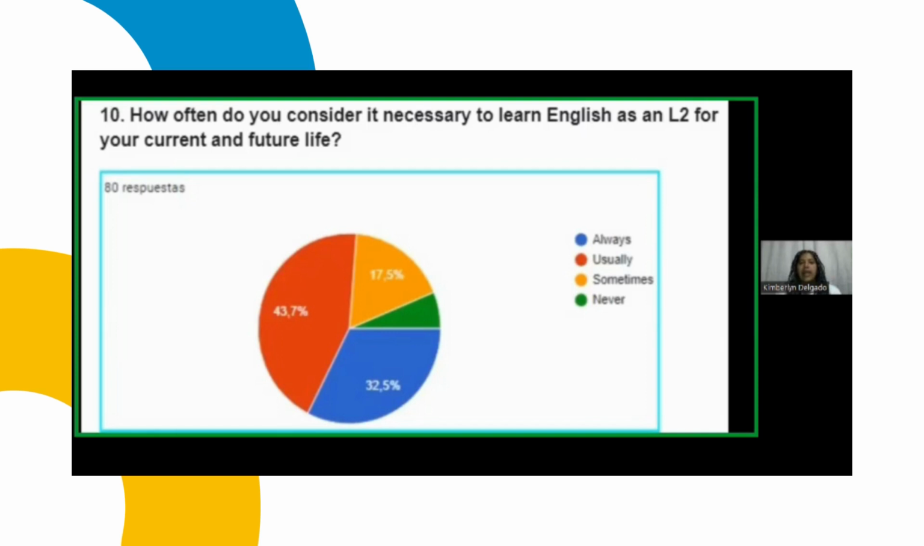More than half of the participants consider that it is necessary to learn English as an L2 for current and future life, as it opens many doors for them, because English is currently the most widely spoken language in more